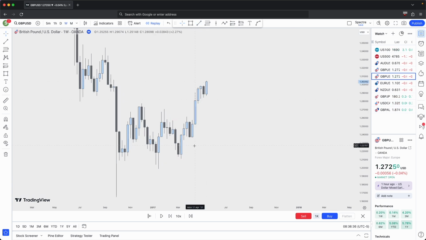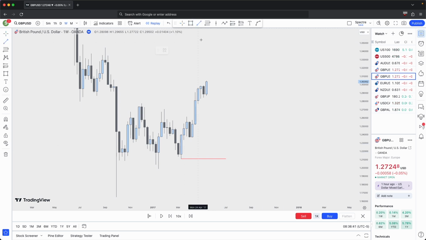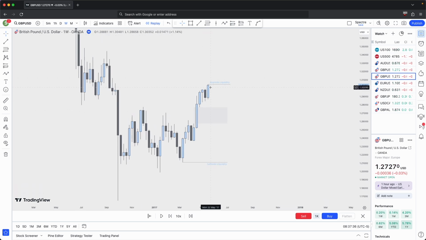Another entry you could have when you utilize this concept is this. So if I mark up my external range low and my external range high again, after price seeked this external range high, you would anticipate a retracement back into the internal range liquidity, right? Before continuing higher to continue the bullish trend, correct? Which I'm sure a lot of you are aware by now, external to internal to external to internal. So because we're anticipating this internal range liquidity to be our next target, here we could look for a short-term